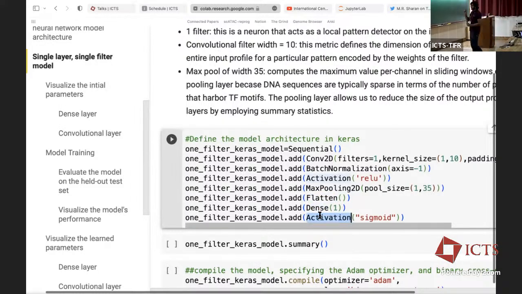So, okay, I'll get back to the drawing board. The first convolution filter that we're using has a width of 10, and that's really going to go across this entire sequence. Once you convolve these two, what you end up with is one value for every position in the input. So you're going to end up with one simple vector, right? What we do next is apply a batch normalization, so you can just ignore that. And then we